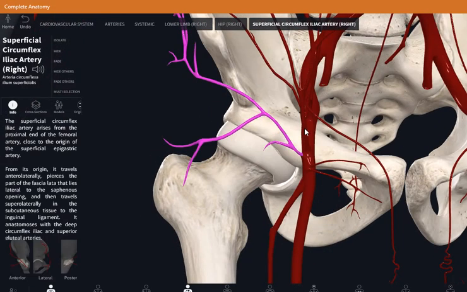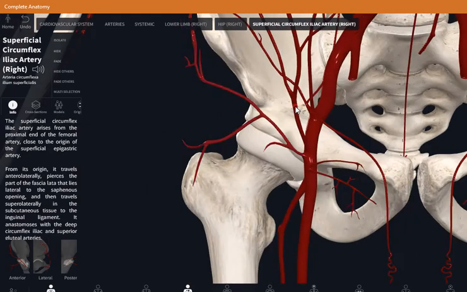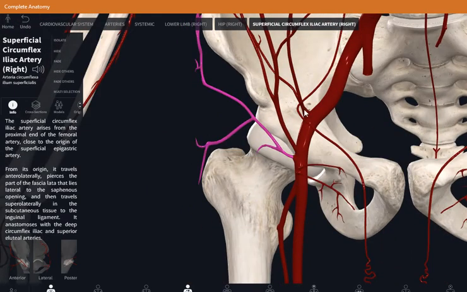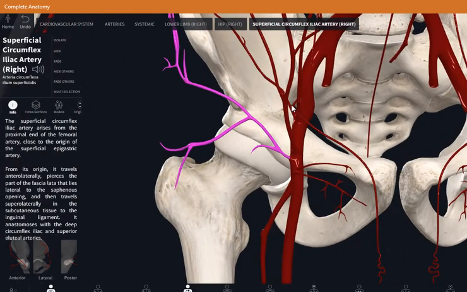So we have the superficial epigastric first, and the superficial circumflex iliac. This one is the inferior epigastric, and this one is also the deep circumflex iliac from the external iliac. These are the two superficial branches. So now coming down to the next